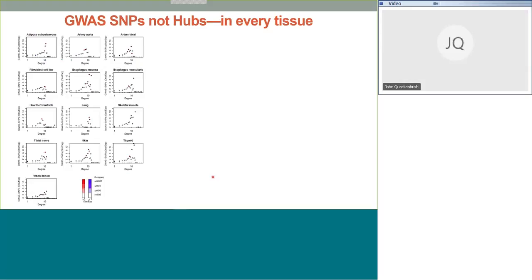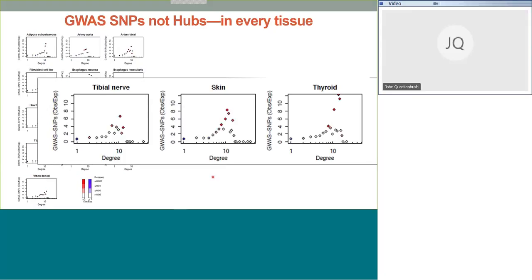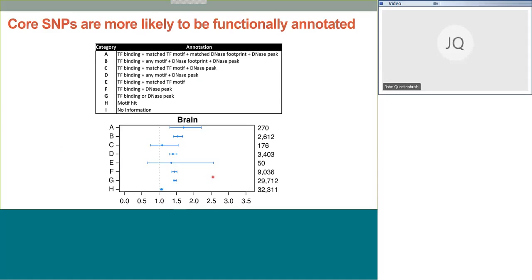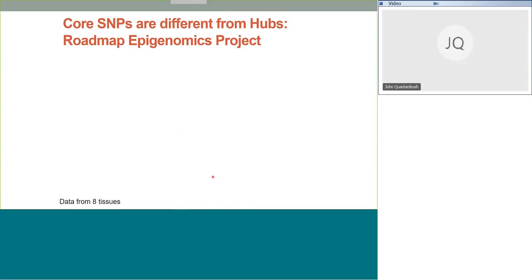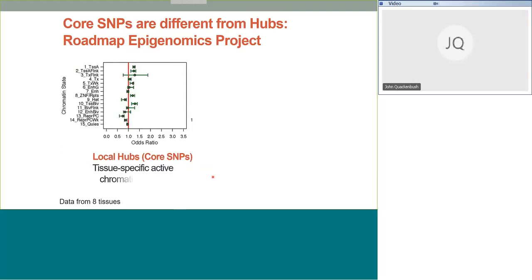And we see exactly the same thing looking at all 13 tissues, just picking out a simple group at random, showing you the expected versus observed plot for where we see these GWAS hits. So we're starting to see something really interesting emerge from this. What's even more interesting, though, is we start to delve into the function of these SNPs. What we discover is that core SNPs are not only more likely to be associated with disease, they're more likely to be functionally annotated. And when we cross-reference this data with data from the Roadmap Epigenomics Project, what we see